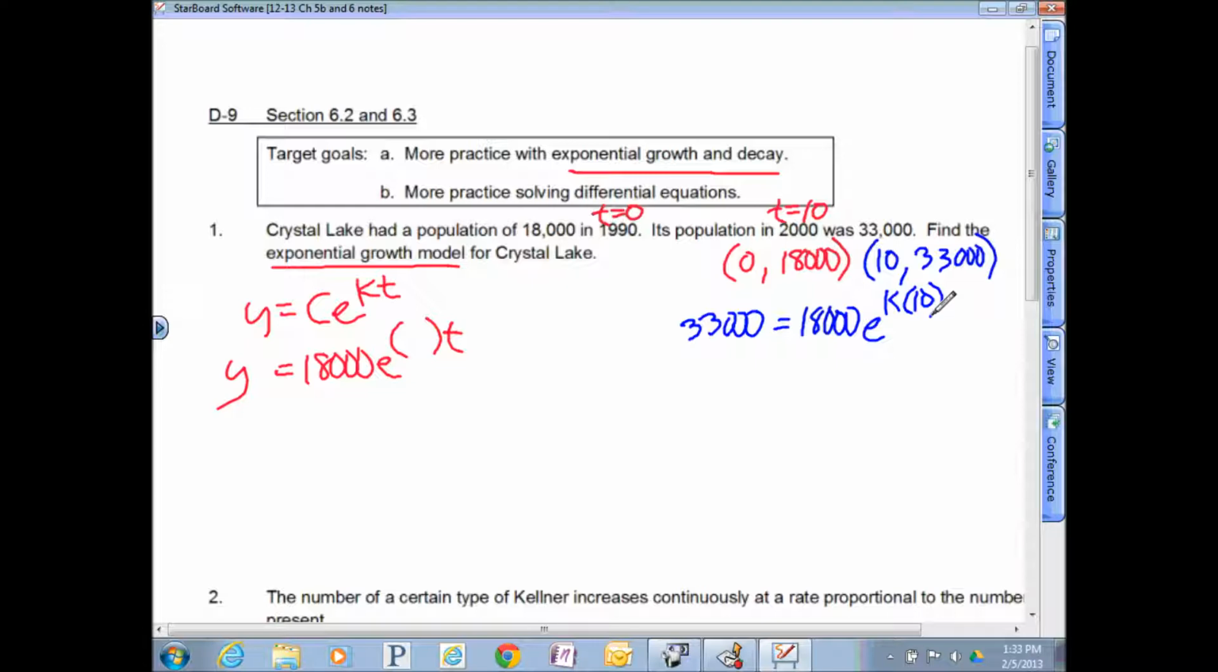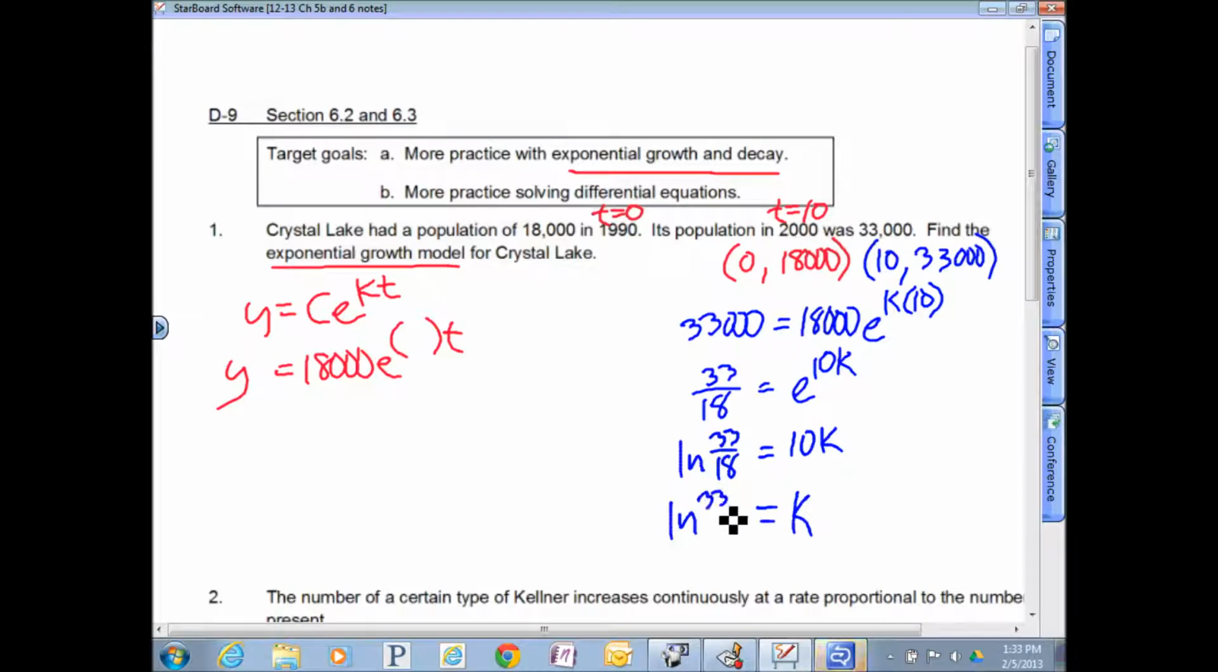Well, if I divide both sides by 18,000, I'm going to have 33 over 18. And I could make a decimal out of that, but I'm going to have my calculator take care of this for me in a minute anyway. E to the 10k. So now natural log both sides. So my k that I'm solving for is natural log of 33 over 18, all divided by a 10. So that is my